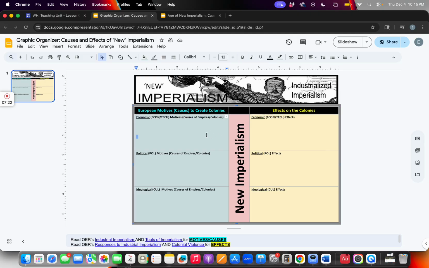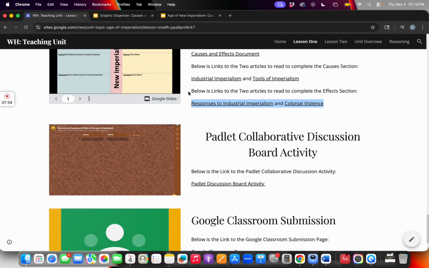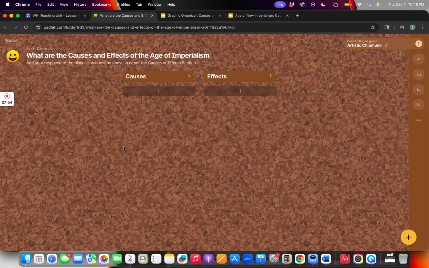So for this task, choose your section, read the articles, fill out and complete your sections with 3 concepts. And after you're done, go to the second activity, which is the Padlet collaborative discussion board activity, in which you can access it by clicking on this link below here, which will take you to Padlet and this discussion board,